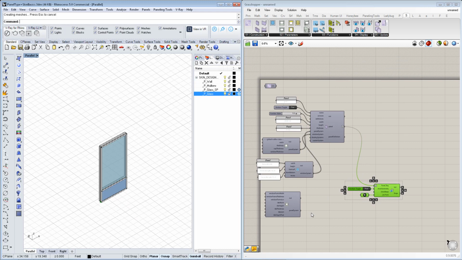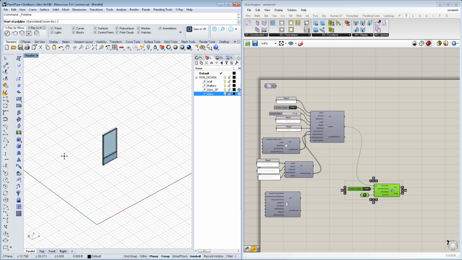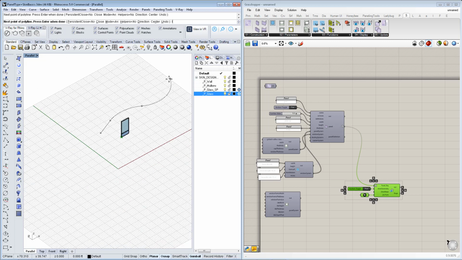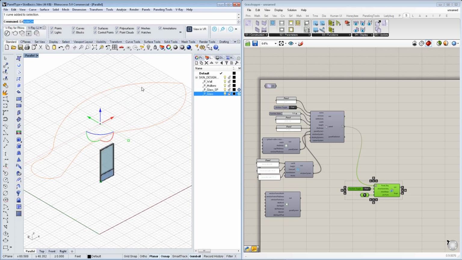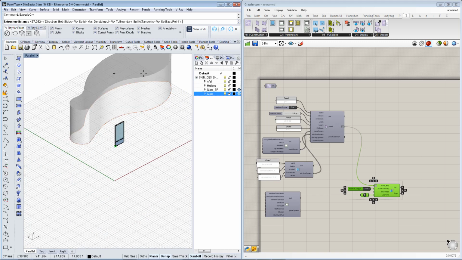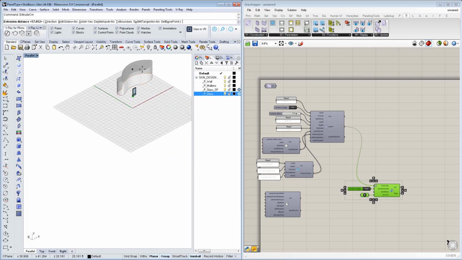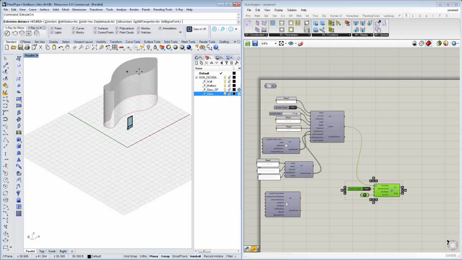All right, so now the first step to map this on a facade will be to create a facade, basically create a surface. So we can go ahead and do something that has some curved option, let's say something on this line. The easier way to create a SkinDesigner-friendly surface is just extruding that curve, and we can go and map this to something that has that